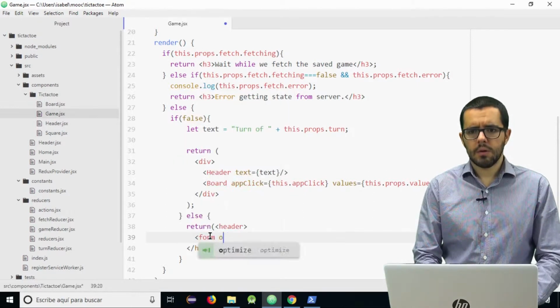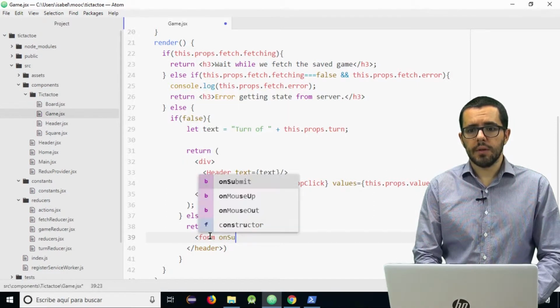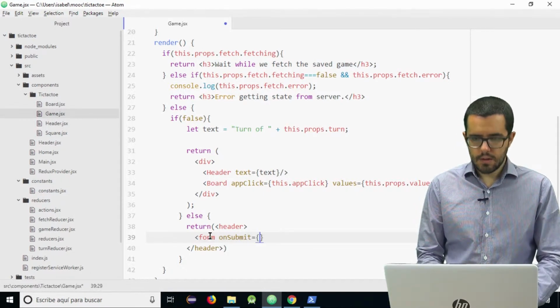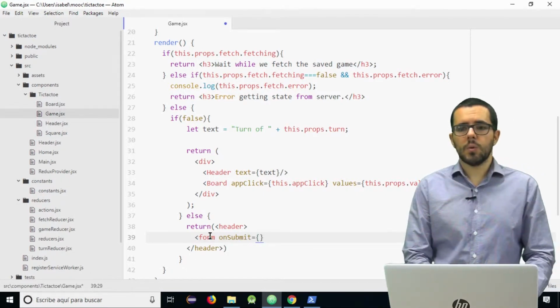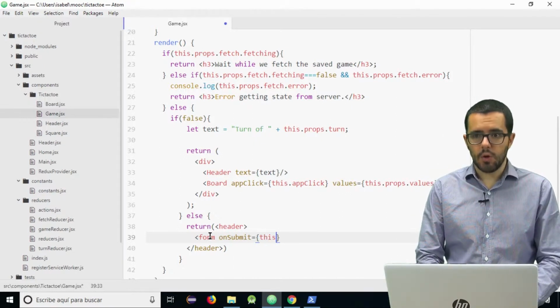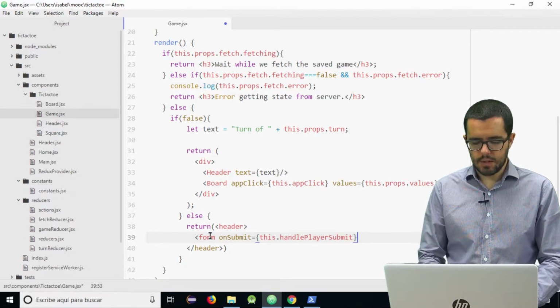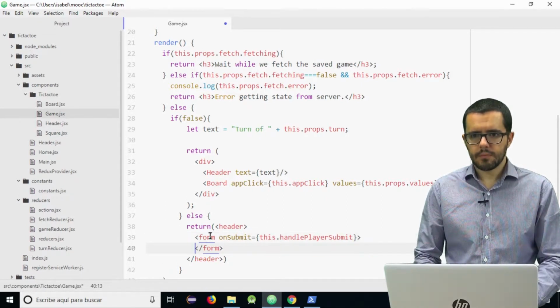So, form on submit, let me write it, okay. What do we do when the user submits the form? We call a method, handle player submit, for example, a name that we invent, of course.